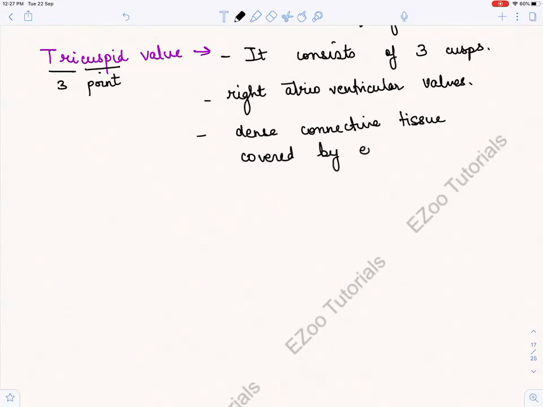Okay, now let us see something about the right ventricle. We have done the tricuspid valve. Okay, let's do the right side first. So the right ventricle. Now in the right ventricle, what did we do first?